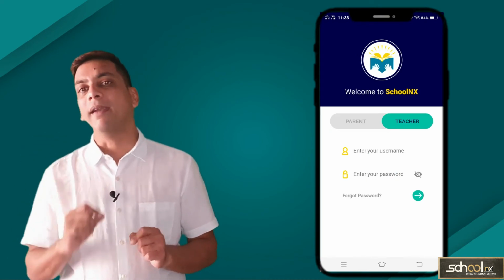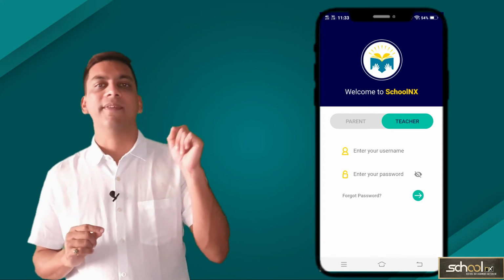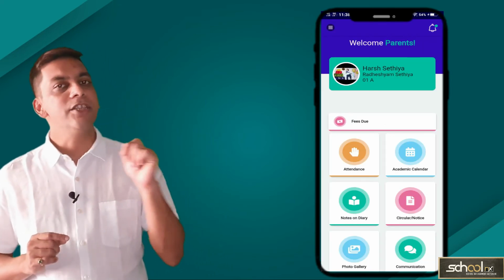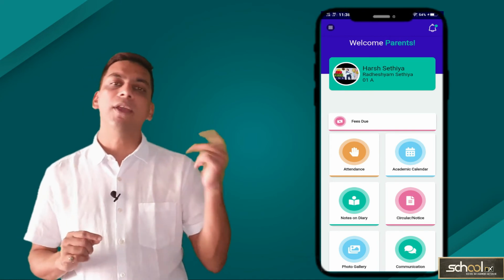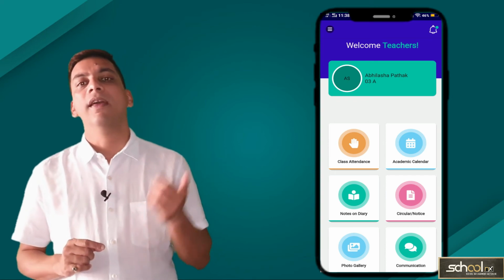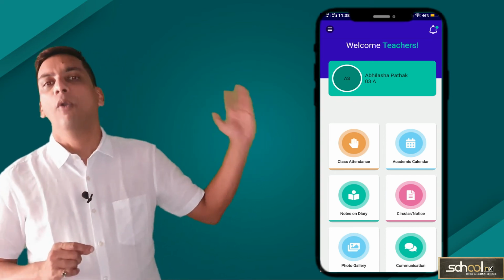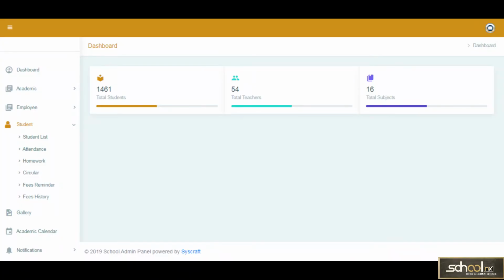This helps parents get information about their kids from home such as attendance, homework, teacher communication, academic calendar, holiday calendar, school gallery, and fee reminders. Whereas teachers can perform activities such as class attendance and homework through their phone itself. School management can control all the activity through their mobile phones.